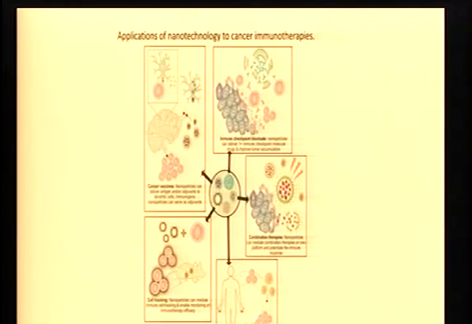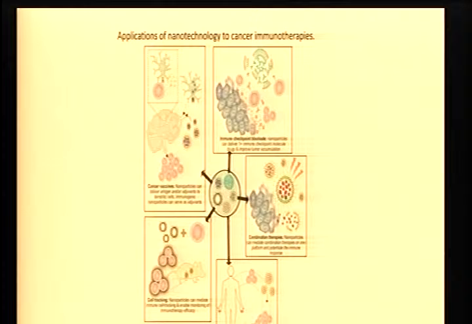So these are the four things which I mentioned, that you can use nanotechnology to deliver cancer vaccines. It can deliver antigens and or adjuvants to activate dendritic cells. This is the first thing which I showed you, that the DC-based therapy you can do, you can try to do with the nanoparticles. Immune checkpoint blockade: you can also maybe deliver one of the immune checkpoint molecules along with the drugs, instead of giving them separately, using the nanoparticles to improve therapy.